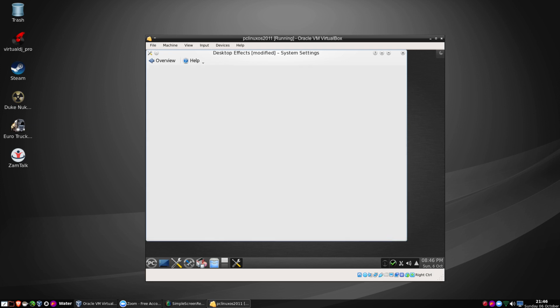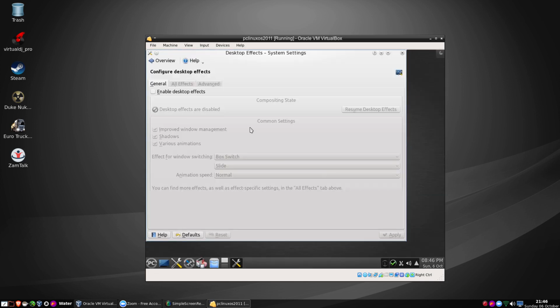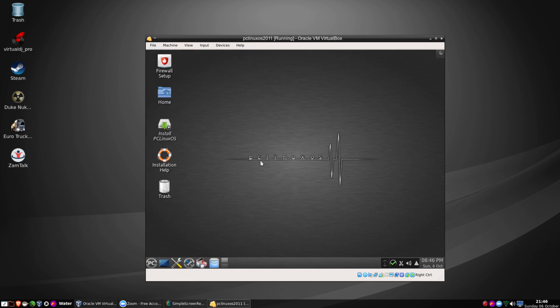So we can apply that. I don't think it will probably work. Oh, it has. And then hasn't. Okay, that's fine. That's probably because I haven't given it enough video memory. So that's the look of the 2011